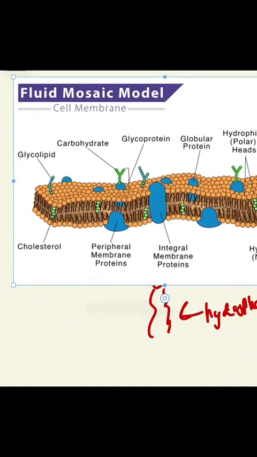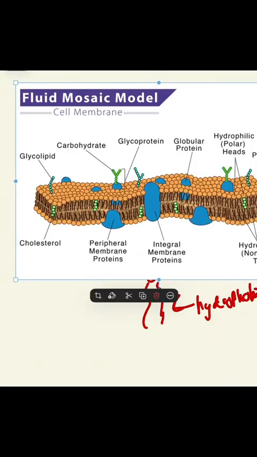Alright, so to summarize, the fluid mosaic model describes the cell membrane as a flexible phospholipid bilayer with proteins and other molecules embedded throughout. Phospholipids form the bilayer through hydrophilic and hydrophobic interactions. Cholesterol stabilizes fluidity. Protein channels facilitate selective transport of molecules across the membrane. Glycoproteins on the outer surface are involved in cell recognition and signaling. All right,